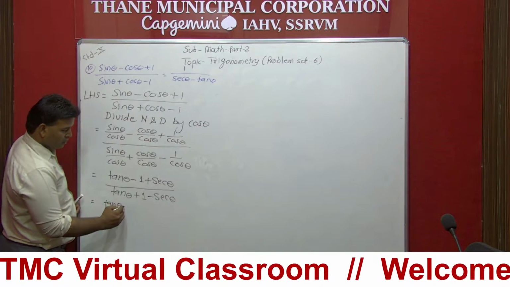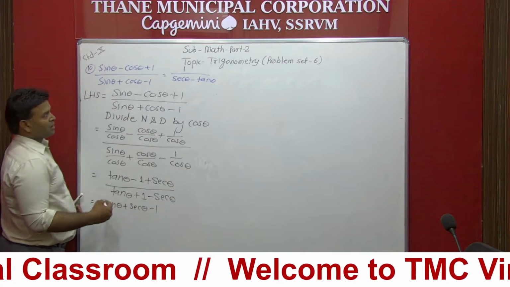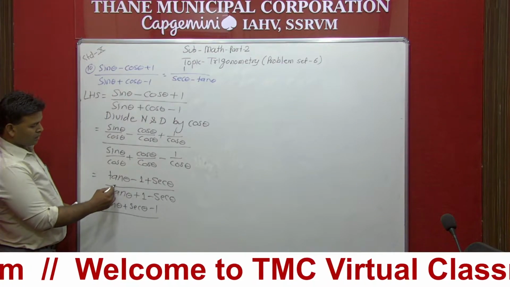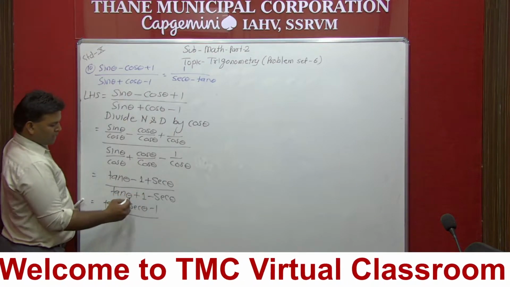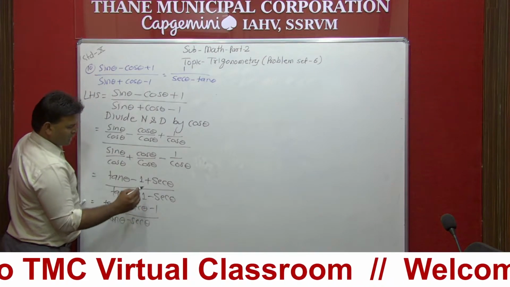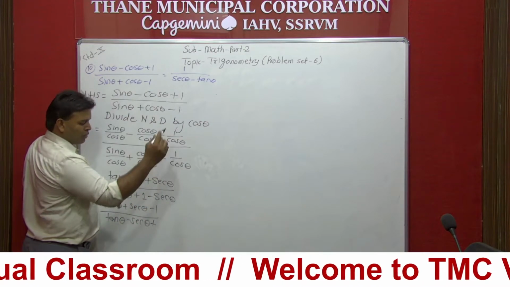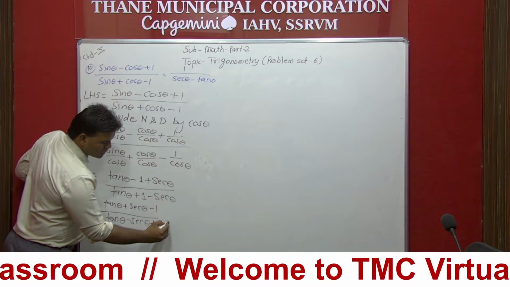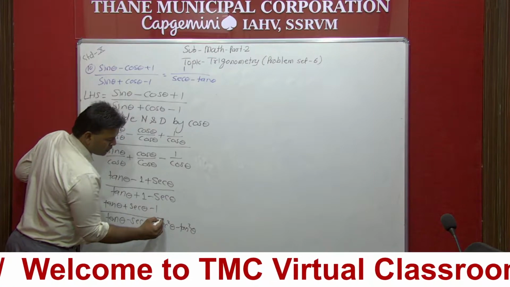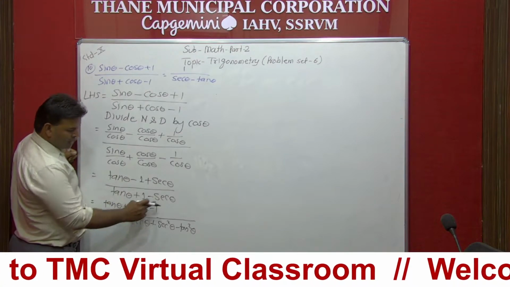Tan theta plus, I am going to write down sec theta minus tan theta upon... now see this one. पहले मैं इन दोनों को साथ में लिखता हूं. Tan theta minus sec theta and plus 1. Here we have plus. Instead of 1, what I am going to write down? I am going to write down sec square theta minus tan square theta. Instead of 1, now see, पहले मैंने इसको लिखा, then I have written this one.